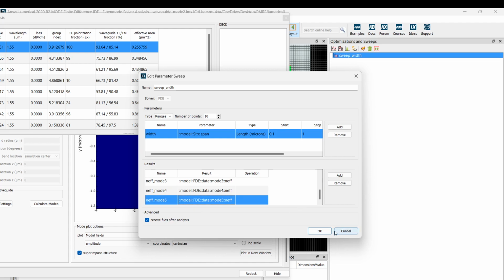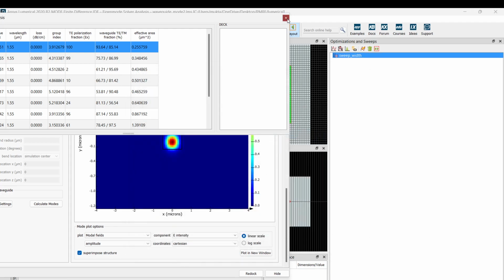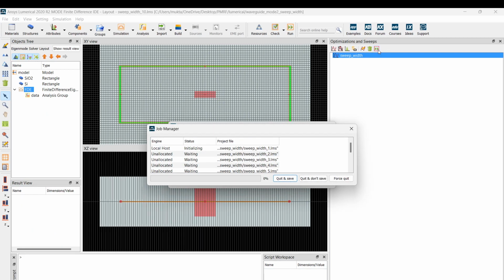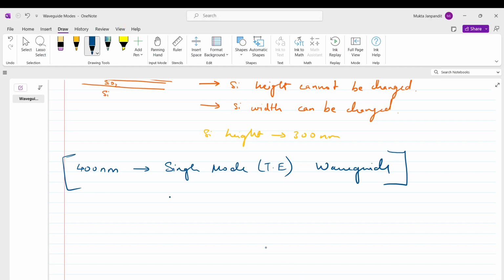So I have chosen the first 5 modes. Hit OK, and I'll run the sweep again. So basically what we're trying to do now is plotting, along the x-axis, waveguide width, and n effective for different modes.